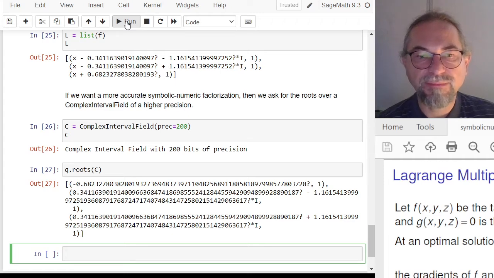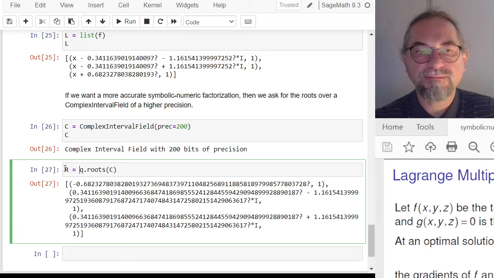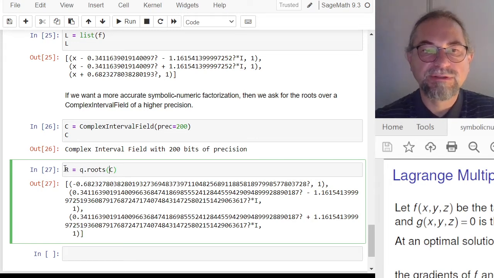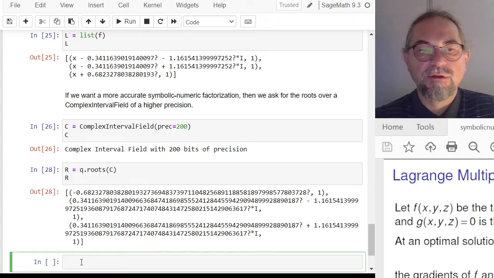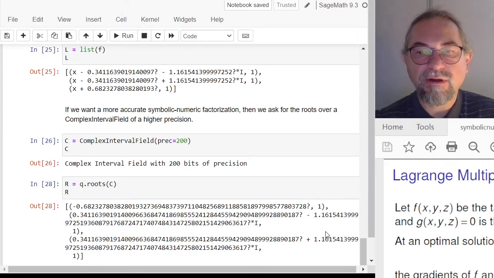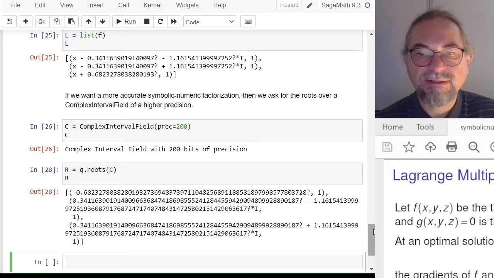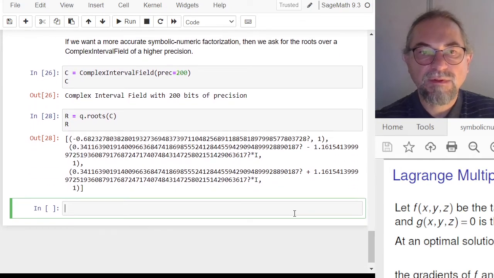So let me do this. So I will make the capital R. So this is the list of tuples. So from the list of tuples, I will select the roots. So in the list comprehension, I'm